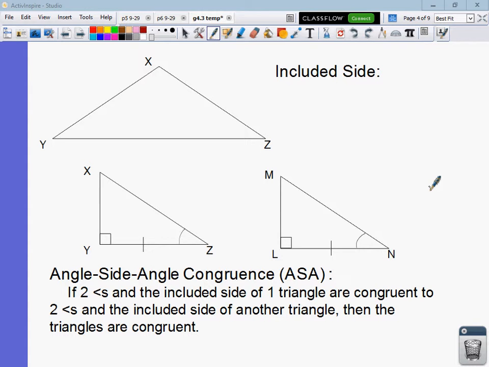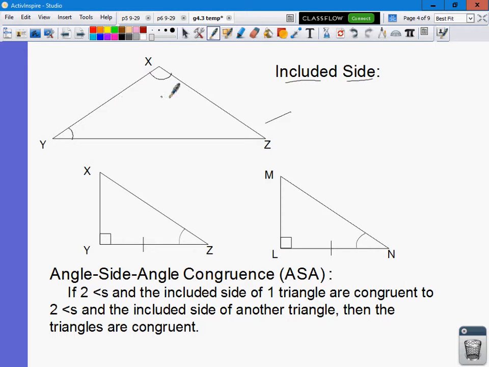Talk about two more methods to prove that triangles are congruent. Up until this point, we have side, side, side, or side, angle, side. The first thing we're going to talk about is what it means to be an included side, like we talked about an included angle. To be an included side, it has to be stuck in between the two angles that are being listed. So if I used y and x as my two angles, my included side would be